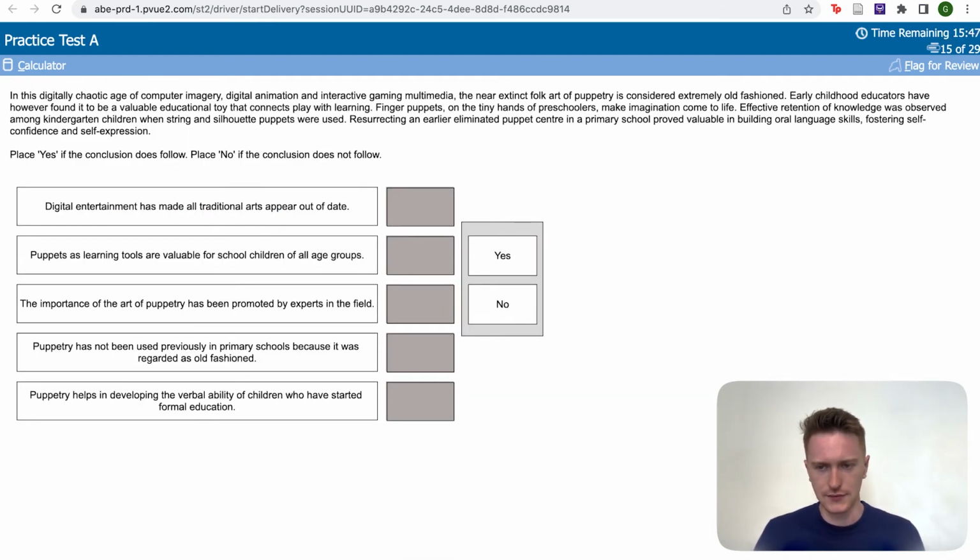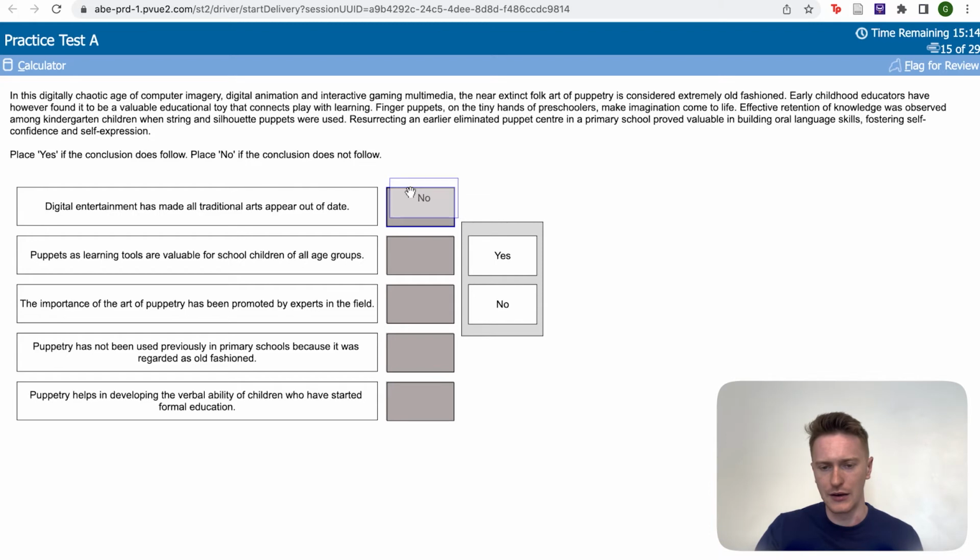Okay, long question. Here, again, we're focusing on the concepts, less so the verbal reasoning side of it. Okay, so we've got digital information, the near extinct folk art of puppetry. Okay, early childhood educators have found it to be a valuable educational tool. They make imagination, they improve things. Okay, they build skills, fostering confidence, self-expression. Fine. So digital entertainment has made all traditional